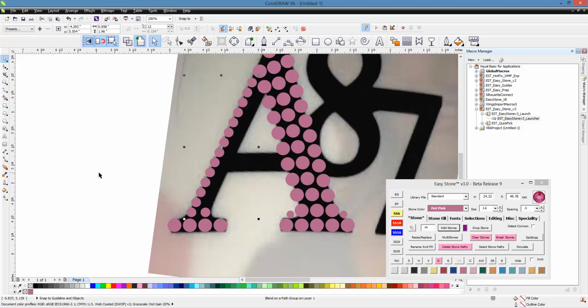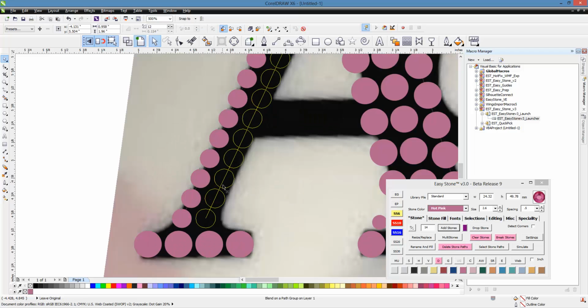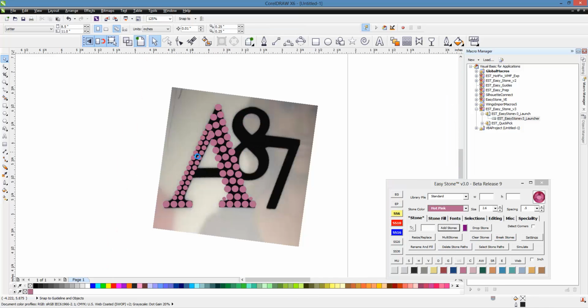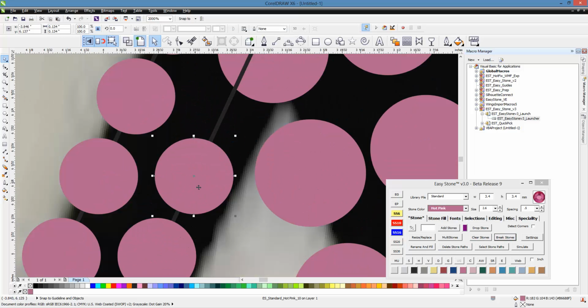Shift add stones. And that will create that for us. And then we can take this, bring it over a little bit. Obviously we have a situation here. So we'll break stones again. We'll delete this one. And this is where